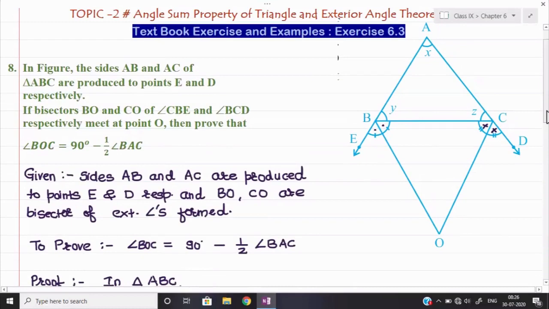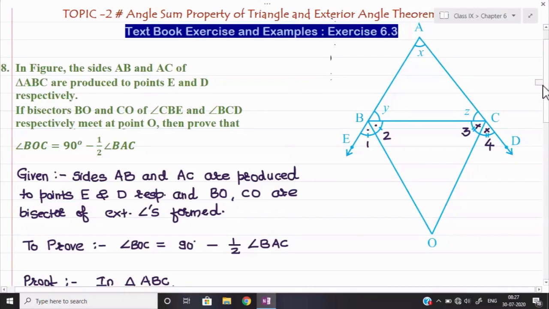I will suppose this angle as angle number 1 and this is my angle number 2. Similarly, these two angles I will suppose as angle number 3 and angle number 4. Now observe, angle 1 and angle 2 are equal because BO is bisecting the whole angle into two equal parts, and the two equal parts are angle 1 and angle 2. Similarly, CO is bisecting also the whole angle into two equal parts, that is 3 and 4. So they are equal. So first of all we shall mention about them.